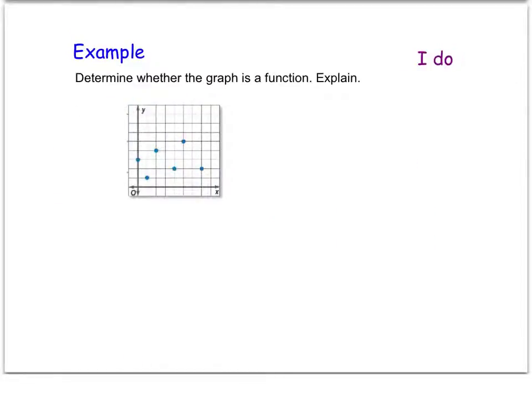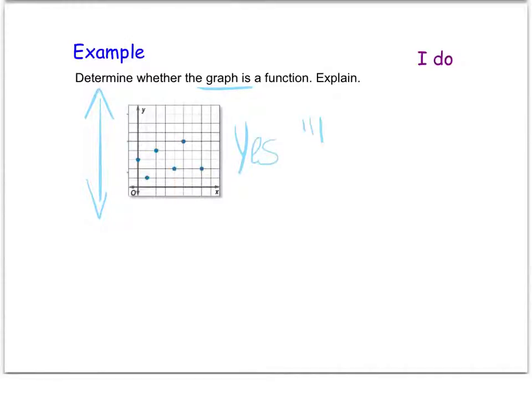Alright, now we're going to determine if the graph is a function. And when we do that, we do what's called the vertical line test. And so we have a vertical line, and you can sketch this graph on your paper as best you can. Try and be as accurate as possible. And I want you to take your pen or pencil, and run across that graph with the pencil nice and slow and see if any of these dots are going to hit your pencil at the exact same time when it's in the vertical position. In this graph, none of these dots are going to hit the pencil at the exact same time. So that means that this is a function